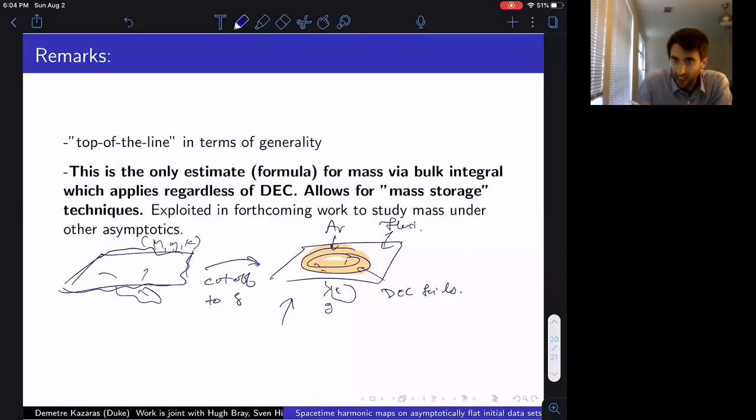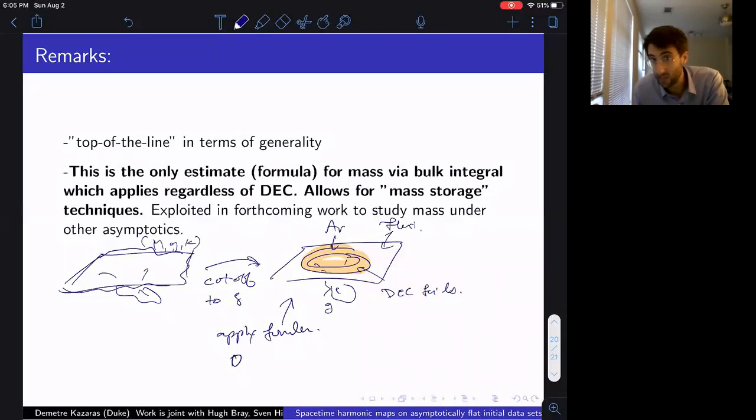Okay, and you satisfy dominant energy in the interior. You make such a construction, and then you apply the formula, the theorem that I just mentioned. You find an asymptotically linear spacetime harmonic function. You apply the formula. You get something which roughly says,